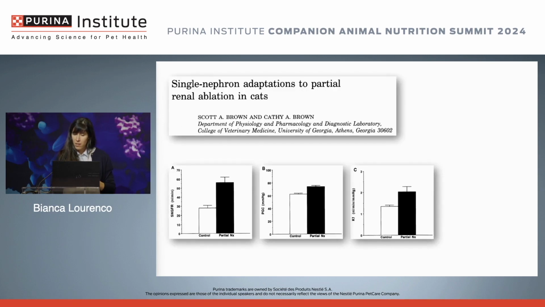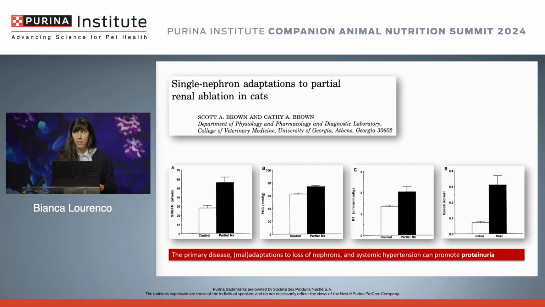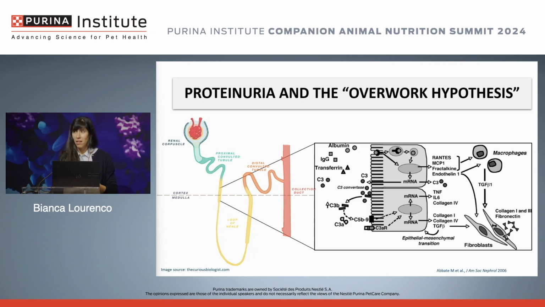I am going to share something I didn't earlier about what happens with reduction of functioning nephrons, and that is an increase in urinary protein to creatinine ratio, which you can see here in this graph. So in cats with CKD, either the primary disease itself, and Dr. Hokamp is going to cover a lot of these diseases, or maladaptations to nephron loss, or hypertension, all of these can promote proteinuria. And proteinuria, although there is some debate on whether or not it is a marker or a mediator of renal damage,